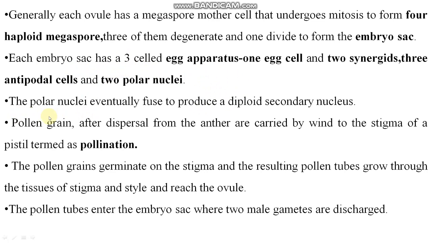Right? Listen, students, haploid means it has n number of chromosomes, and diploid means they have 2n number of chromosomes. 2n is equal to 46, n is equal to 23 in the case of human beings, because in human beings there are 23 pairs of chromosomes, right? So the haploid number of chromosomes is 23, and diploid is 46. It is so in human beings, while in other organisms, in plants, there is a different number of chromosomes present.